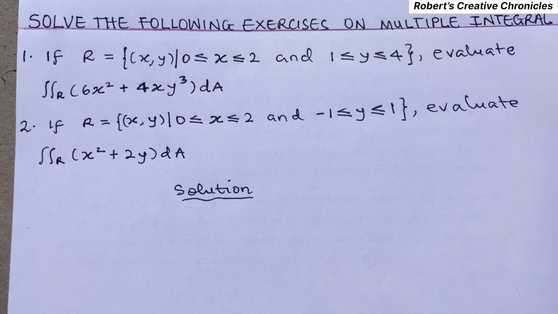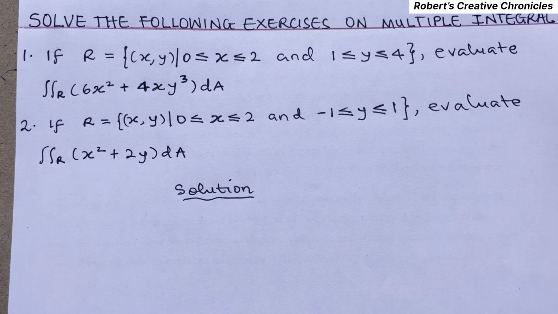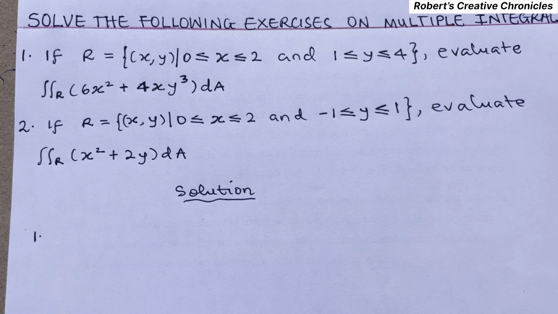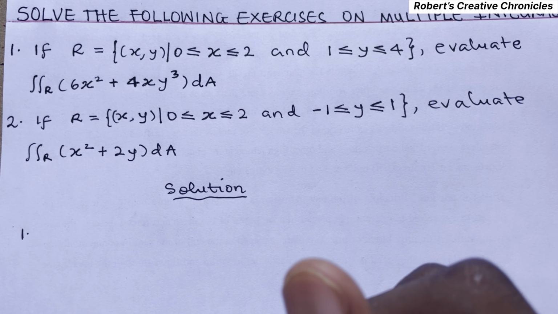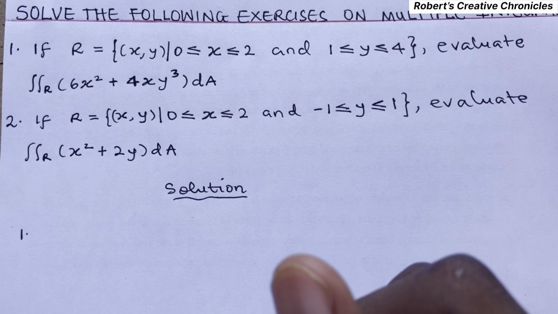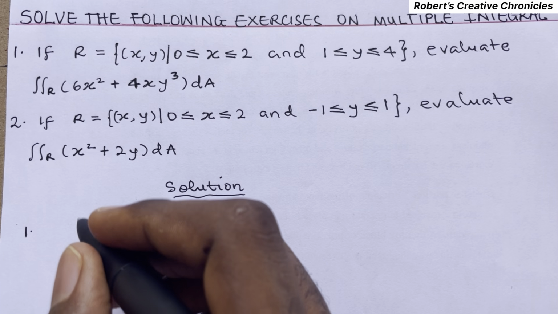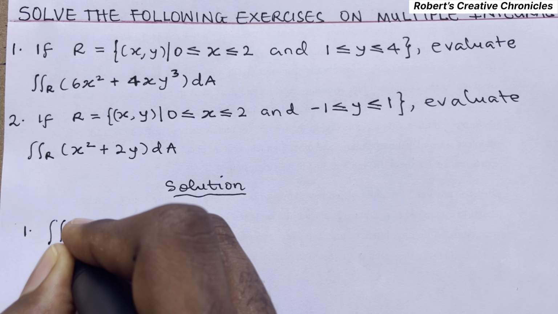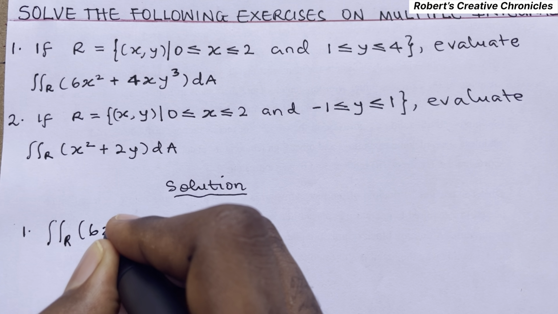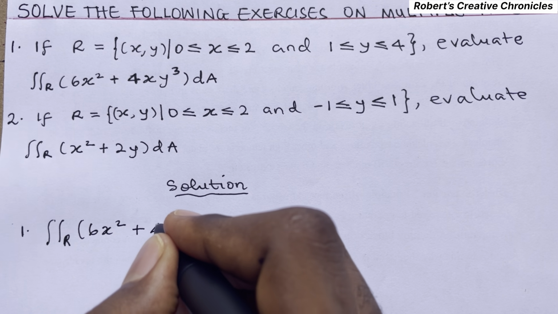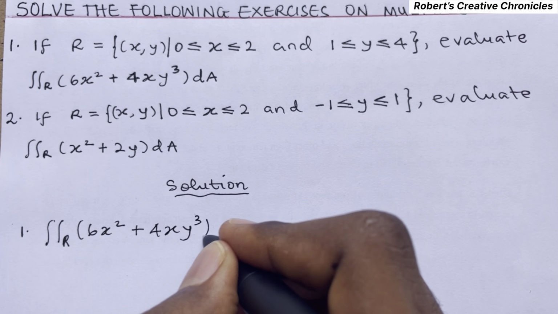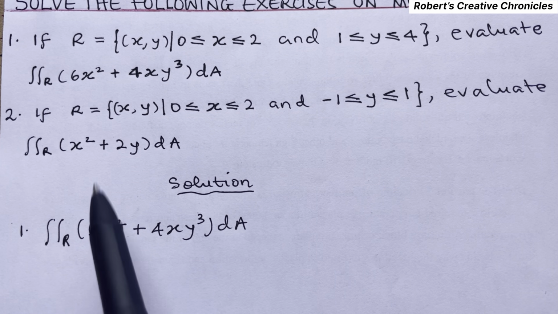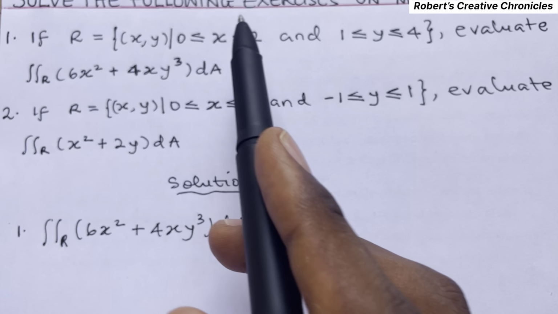So today we'll be solving this exercise on multiple integrals. Let's start with the first one. This double integral, we're going to use Fubini's theorem to solve it. So now here's the integral: six x squared plus 4xy cubed dA. According to Fubini's theorem, we're going to substitute the boundaries, the upper and lower limits